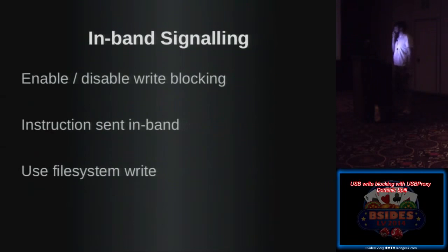So, and this is the experimental part. I was having a discussion about this last night, and we had this idea that maybe you want to block some of the writes. You plug the thing in, and you think, if there's some malware that's going to try and write to it instantly, I want to block that. But later on in the day, I might just want to write something quickly. So it'd be really nice to turn the write blocking off and then turn it back on again. Reasonably, you could do this using a GPIO pin on the BeagleBone Black's headers, but I couldn't find a paperclip. So I wrote an in-band signaling system that is super hacky,